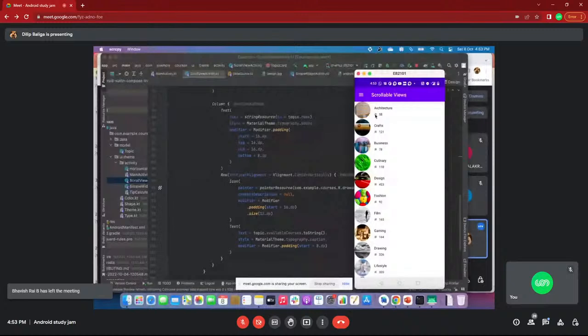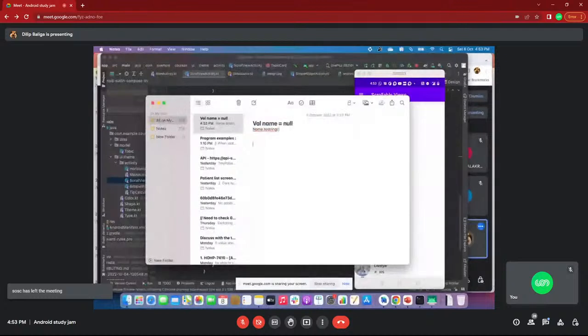Basically, I'll tell you: one image, a name, and inside this name one more image and text. At the top you are supposed to do a row. Inside the row one image is there, correct?